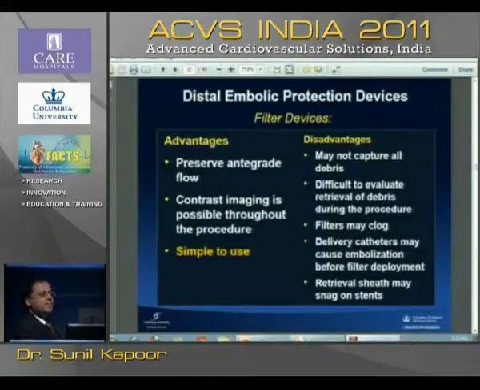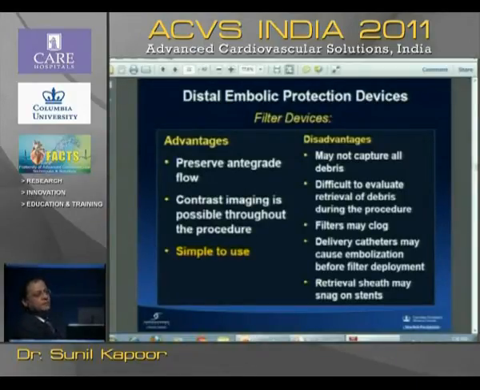So it's very important that you use the sheath, keep the filter in place, push the sheath right through so that the filter is entrapped in the sheath, and then pull back the sheath. Don't try to pull a partially entrapped filter in the sheath backward, because it may snag into the stent. So it's always better to take